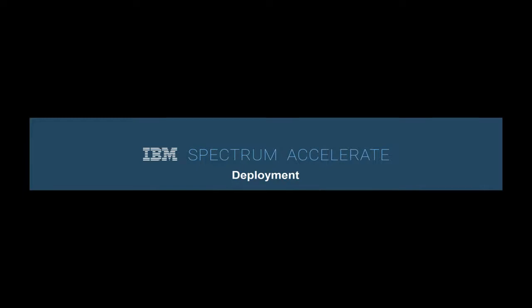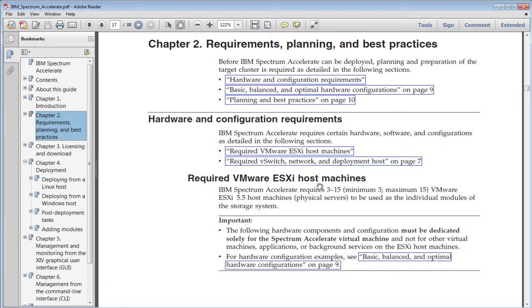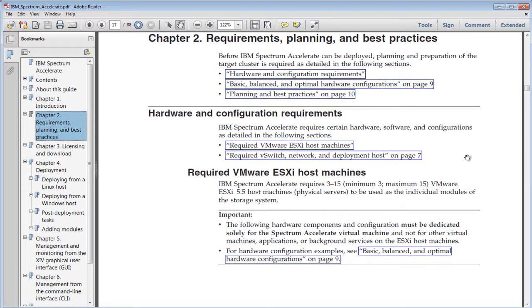In this video, we are going to introduce the deployment of the IBM Spectrum Accelerate system via two different methods. Before attempting deployment, please download the latest IBM Spectrum Accelerate Planning, Deployment, and Operation Guide. Refer to Chapter 2, Requirements, Planning, and Best Practices to help you prepare your physical servers with the VMware vSphere